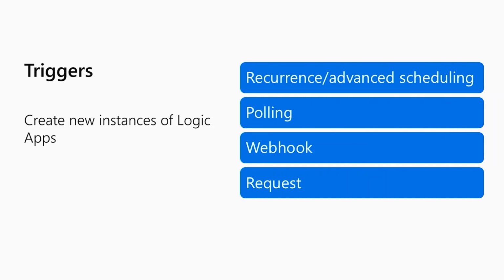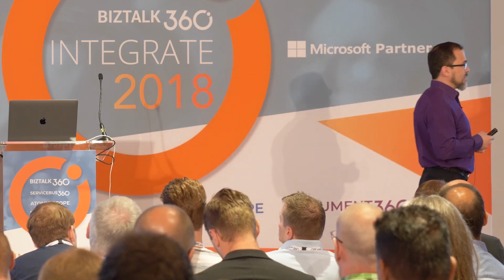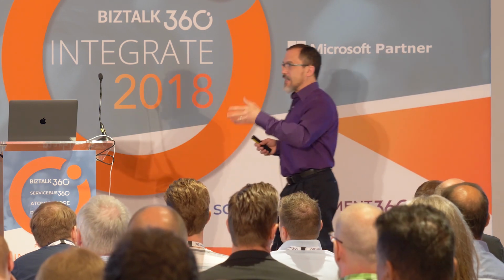The next one is polling. A lot of APIs today don't have a callback mechanism to let you know that there's new data. So you have an older API or just one that's not built in that way. So we provide the polling capabilities so we can ask that service, is there new data that needs to be processed? We have that polling built in. You don't have to worry about asking that system when there's new data.